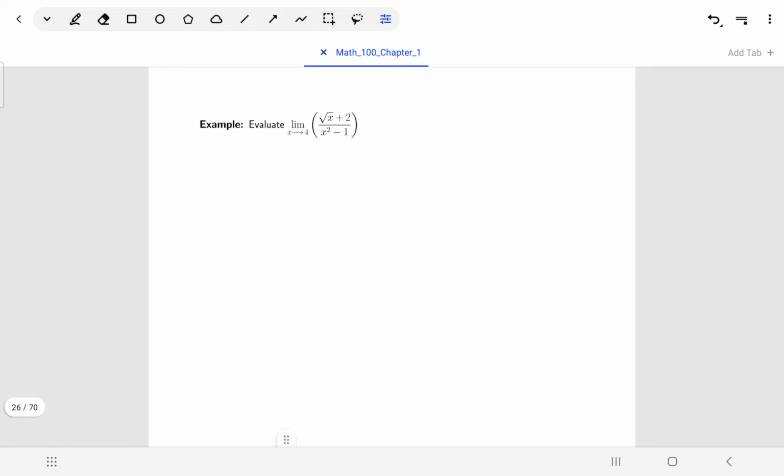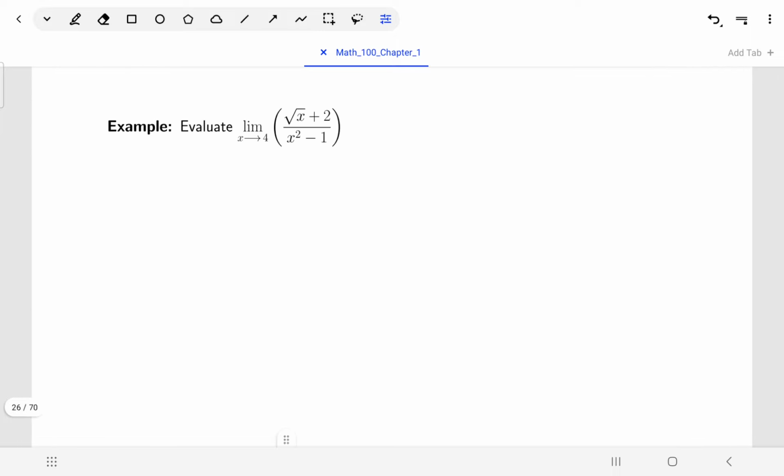So for this, I'm going to do a little bit less writing. I'm still going to do some writing, but I'm just going to make a few notes here. So number one, I notice that for the denominator I've got myself a polynomial, and I know for polynomials I can always directly substitute to find what the limit is. So for x squared minus 1, I know that the limit as x goes to 4 is 15. The other thing that I know for the numerator is that I've got root of x plus 2,